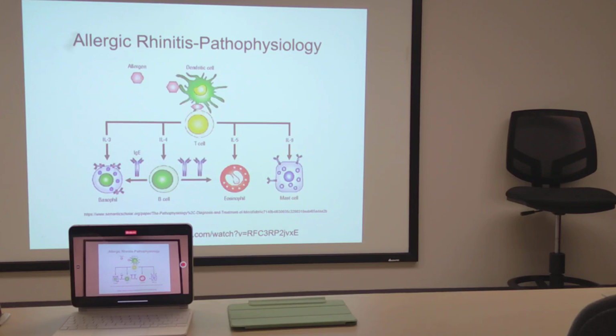Mast cell has a lot of granules, as you can see, and a lot of them will release factors including histamine. So that's why during allergy, we take the antihistamine drug, right? That is to fight the histamine released by mast cells. So again, what is the role of the dendritic cell here?